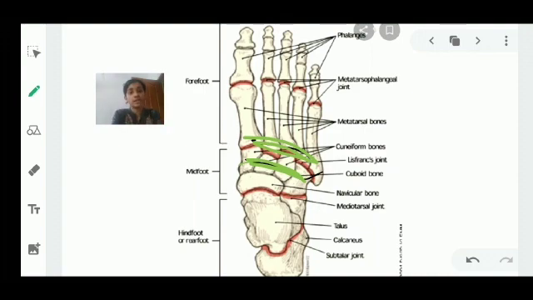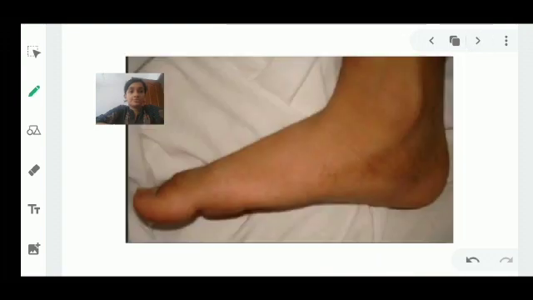These bones take part in the formation of transverse arch, and their support is mainly by the interosseous ligaments and dorsal interosseous muscles. So that's all about the transverse arch, and as we told, the lateral arch forms only one half of it. Other than that there is nothing much more important, I feel, or I can remember right now. So that's all about the longitudinal arches. Now let's move on to the clinical correlations.